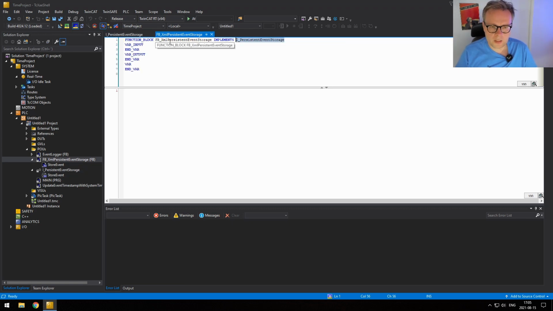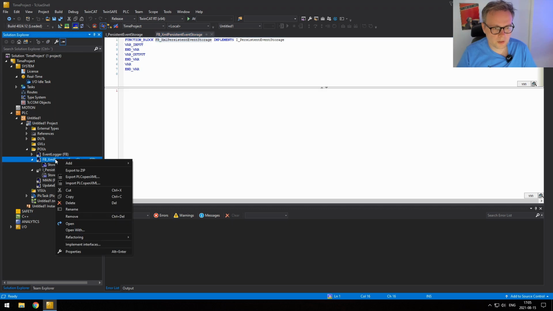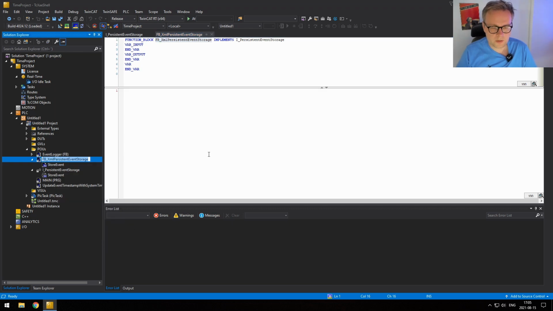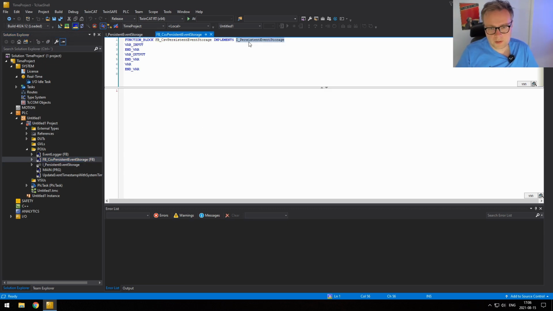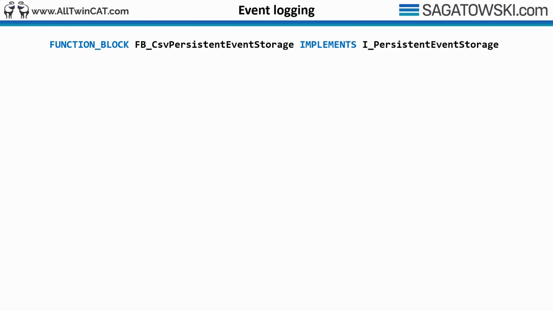I've been thinking about this a little bit, and I think XML is a little cumbersome to use. So I thought we're going to make it a little bit easier for us and implement a CSV logger instead. So, comma separated value file. We'll just simply write stuff into a CSV file. So I'll rename this to CSV persistent event storage. It still implements the same interface. The only difference is that instead of storing the data in an XML file, we're going to store the data into a CSV file instead. We will implement the function block